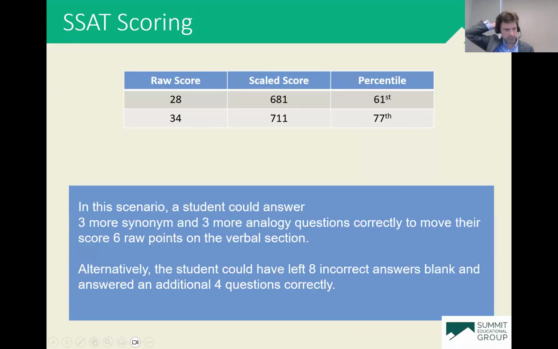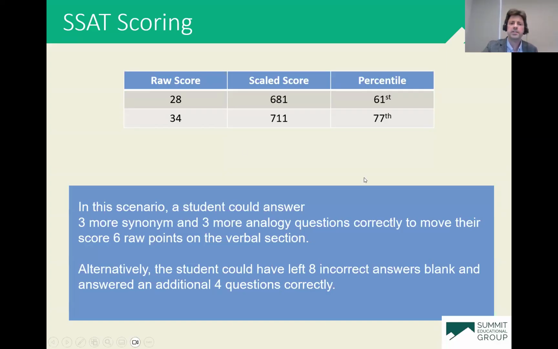And then the other point that I try to make to students and families around the SSAT scoring, because of the distribution of scores in that bell curve, depending on what a student's ultimate goal score might be in terms of their percentile, coming out of a practice test, even though the score might seem a little bit low to them, they might not be as far away from their goal as it might initially seem.